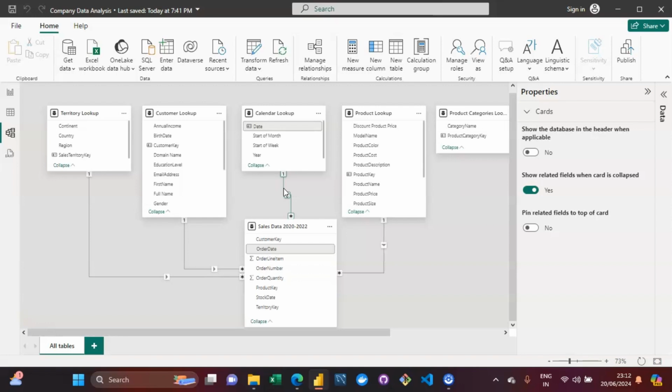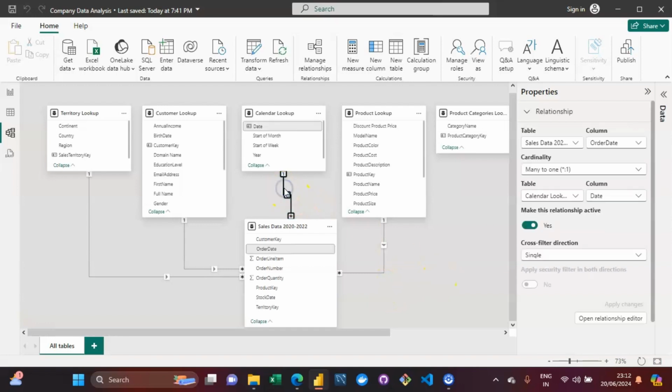And if I want to edit this relationship, if I'm not interested in relating the date column from the calendar lookup table with respect to the order date that is there in the sales table, and instead I'm interested in relating that date column from calendar lookup with respect to the stock date, right? How exactly can I edit this specific relationship? In order to do that, I'm going to simply click over here, and over here itself you can see this option, right? In the properties option itself, if I choose another column, let us go with stock date, then I click on apply changes,